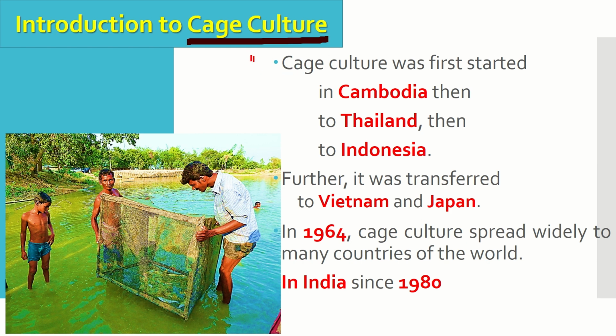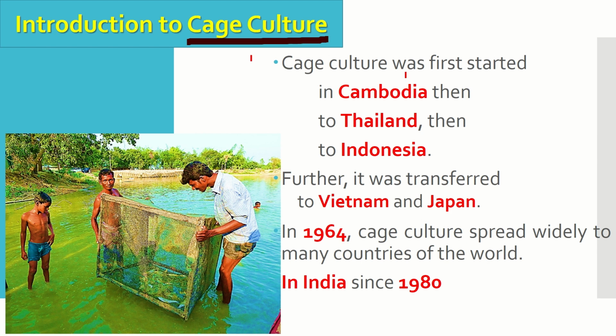Cage culture can also be practiced in areas like swamps where the water is not being used for any other purpose. Scientific cage culture of fish is a recent practice developed in many parts of the world, although the culture of fish in cages has been practiced since long in certain parts of Asia. The present scientific practice of cage culture originated from temporary stocking of fish in certain containers.